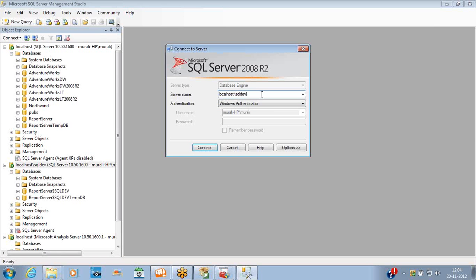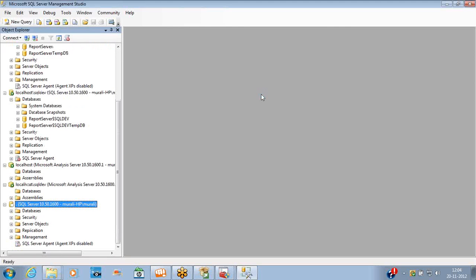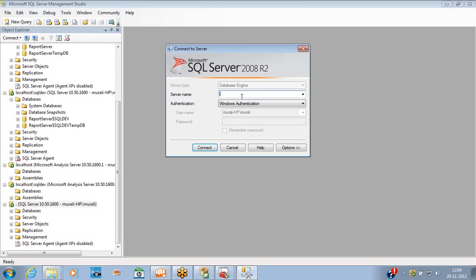I am giving localhost here. What is meant by localhost? Localhost is nothing but the local computer, the copy that is installed on the computer that I'm accessing. Or I can simply specify a dot. Even dot means localhost. Dot and localhost have the same meaning. Or else you can give the computer name. The computer name is